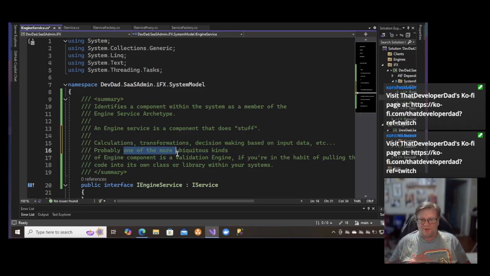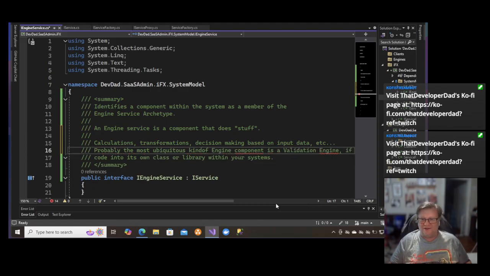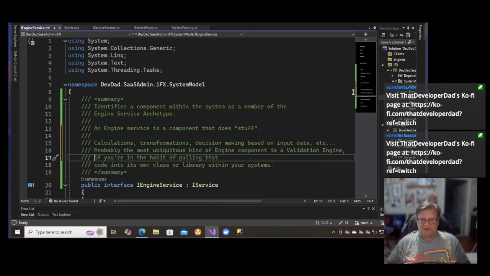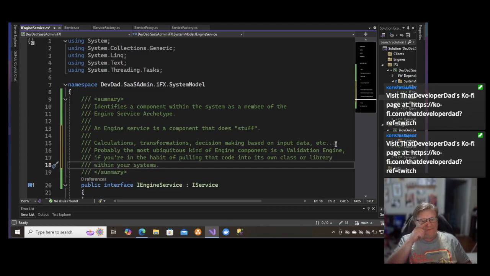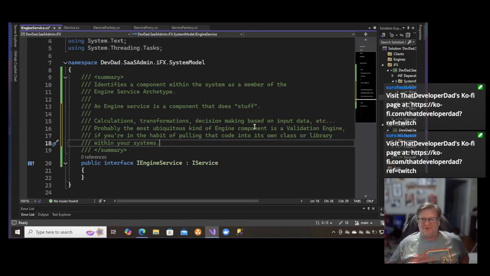There's discussion in the architecture groups that I'm a part of that validation might actually have a better place under the utility concept. But there's a lot of friendly disagreement within the group members and the folks that run the group about that. I'm gonna leave validation under the engine concept,